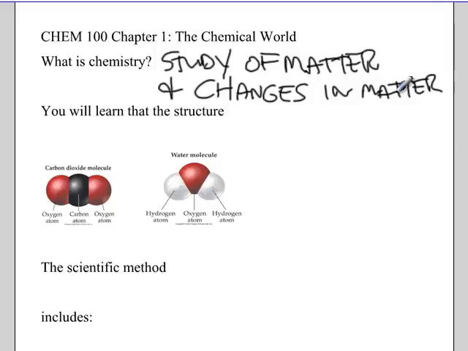What you're going to learn later on this semester is that the structure of chemicals, for example, on the left you have carbon dioxide, which is made up of 3 atoms, and on the right you have water, which is made up of 3 atoms. So in that sense, they're similar structures, but if you look, carbon dioxide is linear, water has the 3 atoms in a bent shape. The structure of chemicals